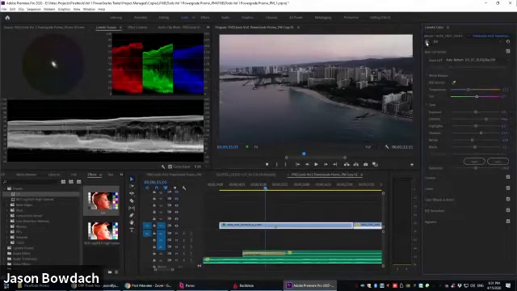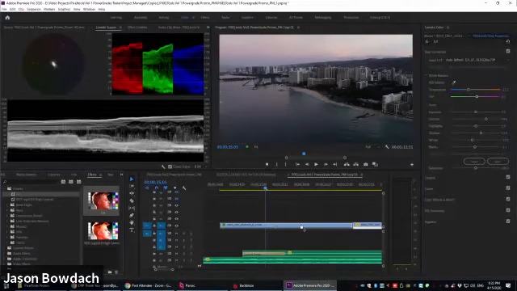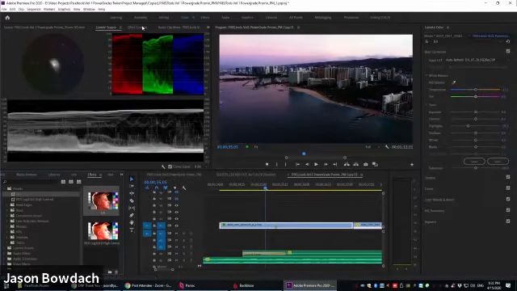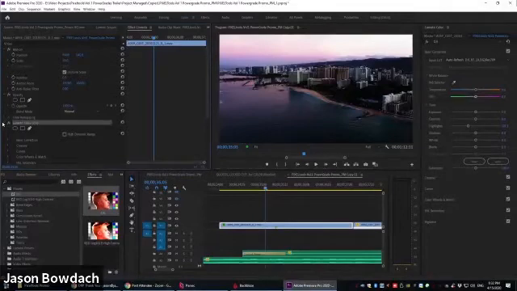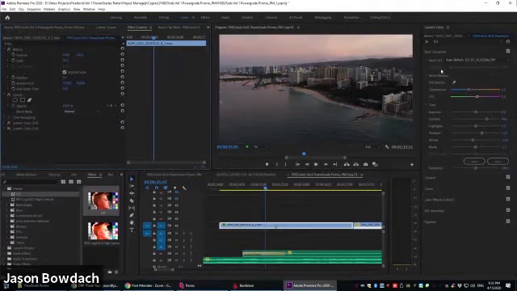If I turn this off and on, obviously it's difficult to tell because of the lookup table. So what we're going to do is apply two of these on here. We're going to go to the effects controls. We're going to take this first one and clear all of these out.